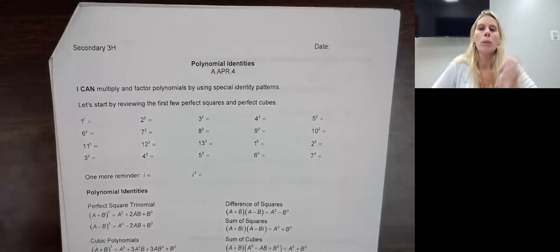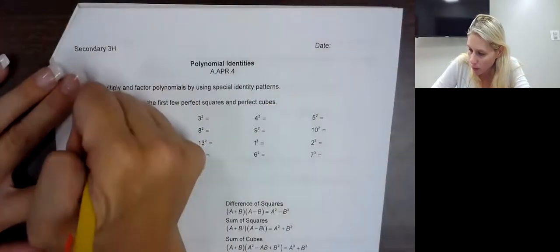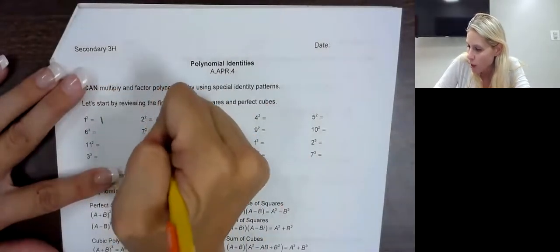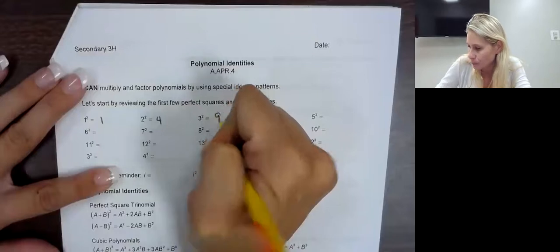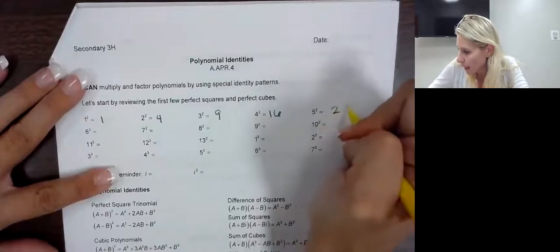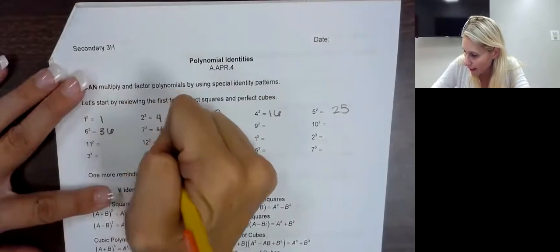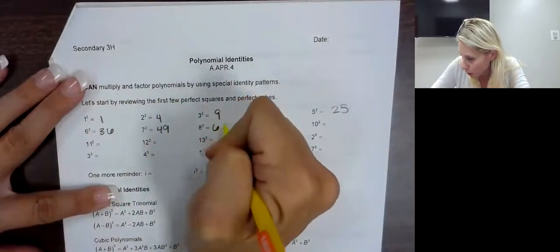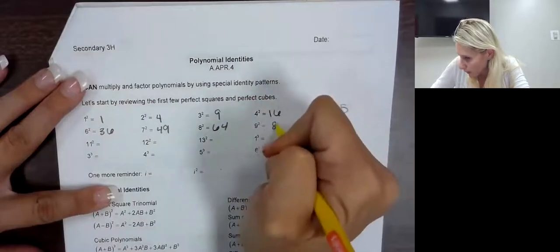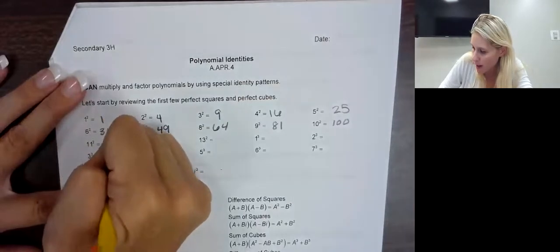Okay, so with polynomial identities, with special patterns, we're looking at squares and cubes. So let's remember our perfect squares and our perfect cubes. 1 squared is 1, 2 squared is 4, 3 squared is 9, 4 squared is 16, 5 squared is 25, 36, 49, 64, 81, 100, 11 squared is 121,